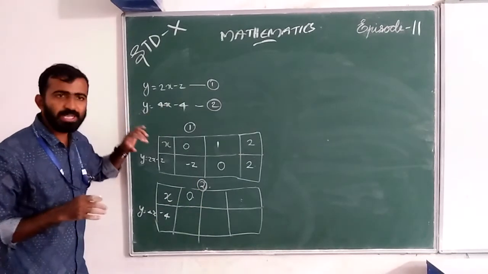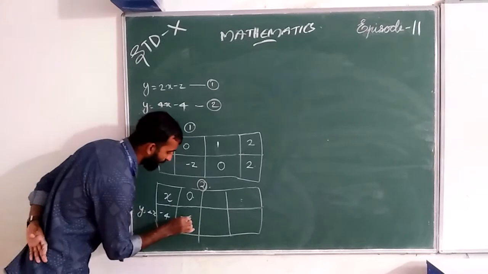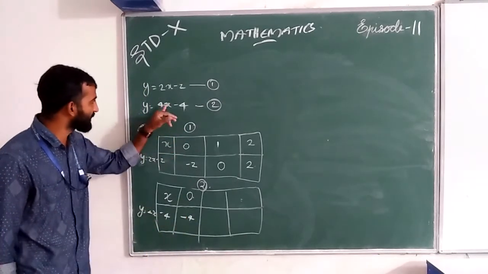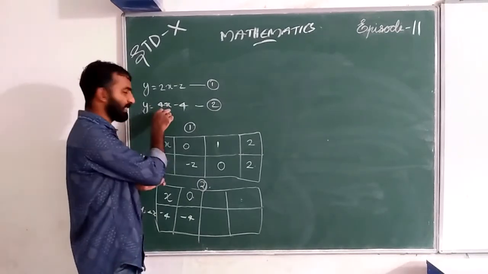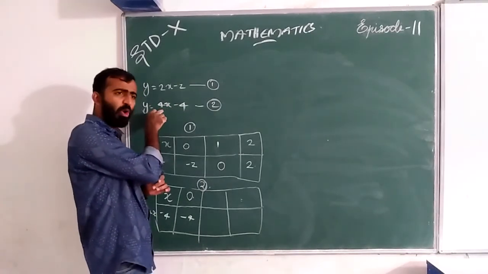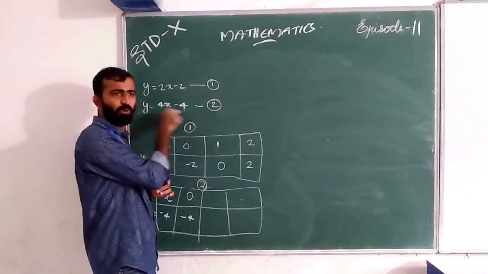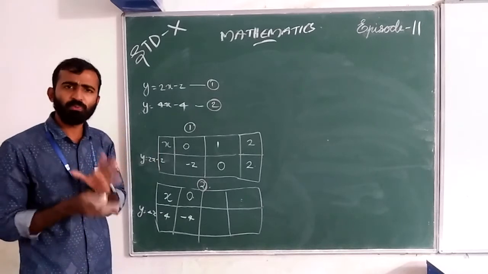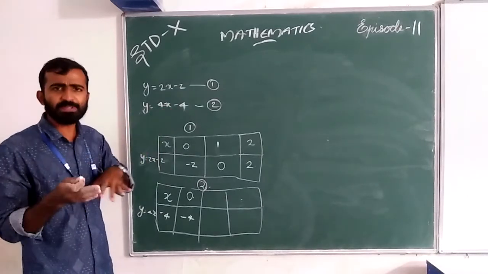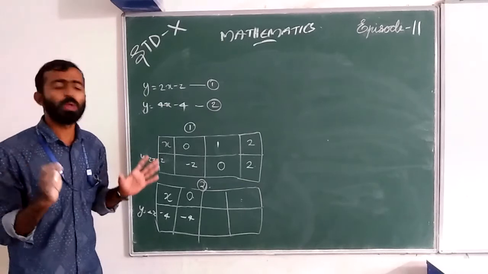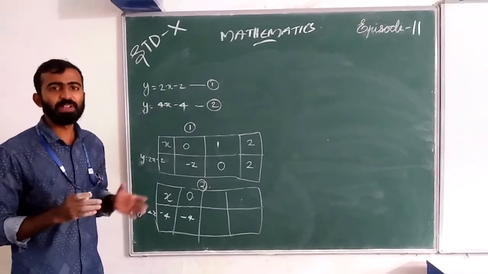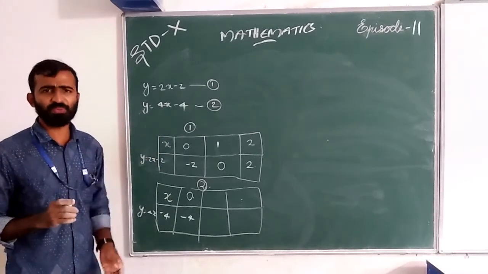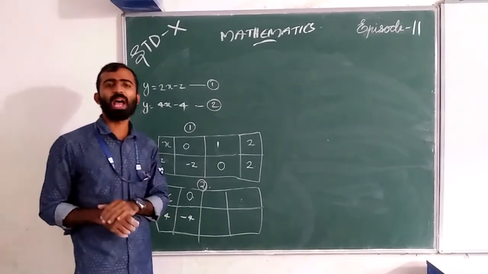When you give x as 0, you get minus 4. That is, the value of x is 0, so 4 into 0 minus 4. 4 into 0 means 0, any number into 0 we get 0. Then 0 minus 4, the difference of 0 and 4, means negative 4. The answer is negative 4.